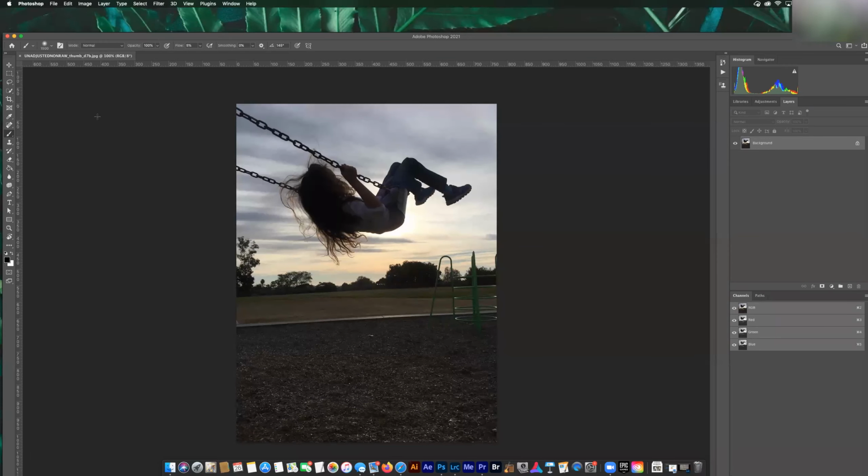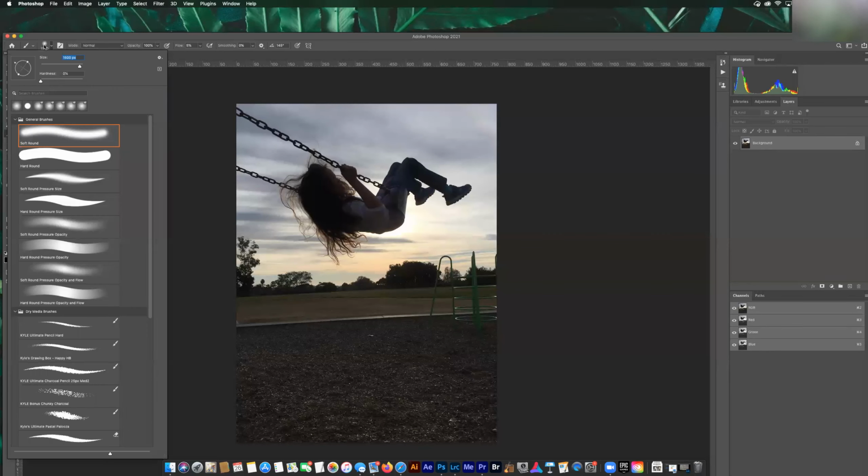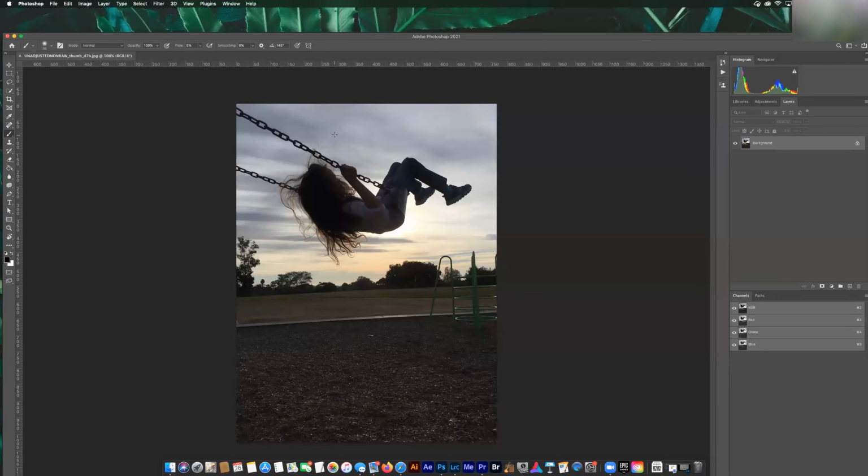And with just about any tool you're going to find on this toolbar over here, which we will get to, there's going to be parameters, things you need to change. In this case, I have the brush tool selected. And so right here is the size of my brush tool. Now, right now, my brush tool is humongous. So if I want to change the size, I've got a little slider right there. I can shrink it down, click up here, and now you can see, maybe you can't see, but my brush